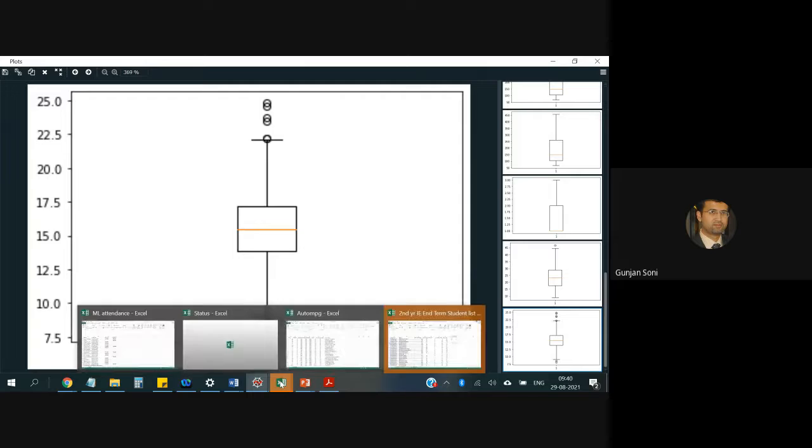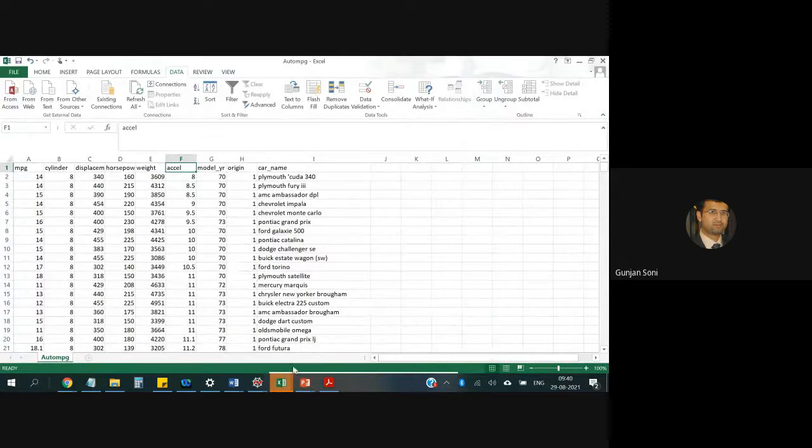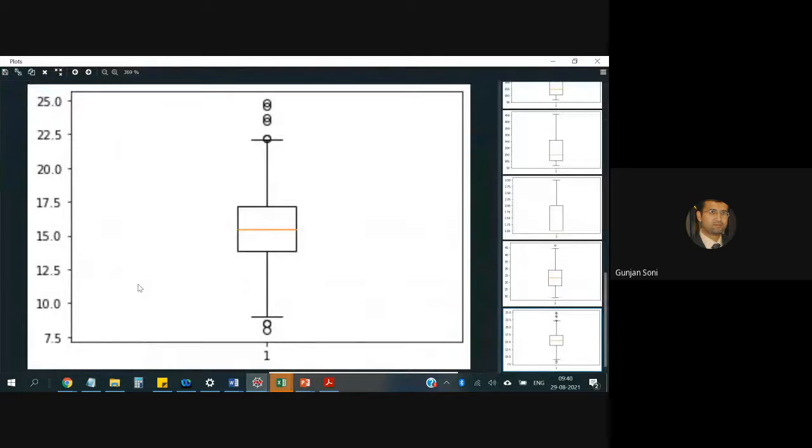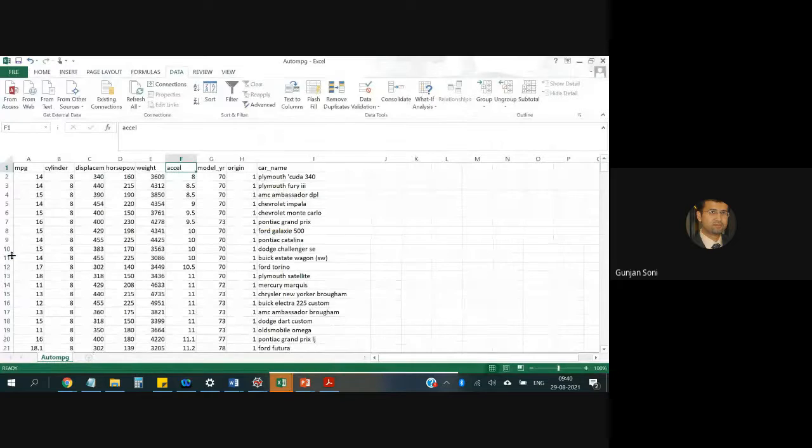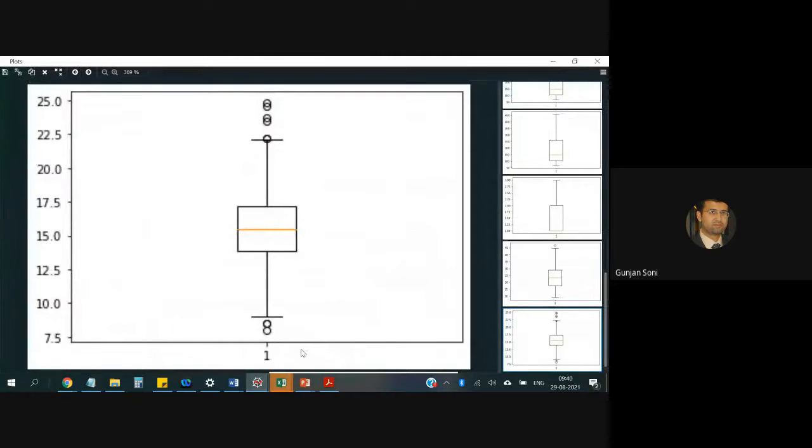So yeah, this data was belonging to 22 and 7.5. So obviously MPG data. In MPG data, we see there are several outliers. Graphically, we can definitely see there are several outliers, and the data looks very symmetrical. If you look at this box plot, the data on the upper side of the median and the lower side of the median are symmetric. They look symmetrically distributed, and the variation is also very less.